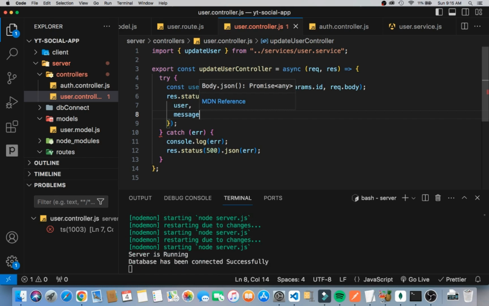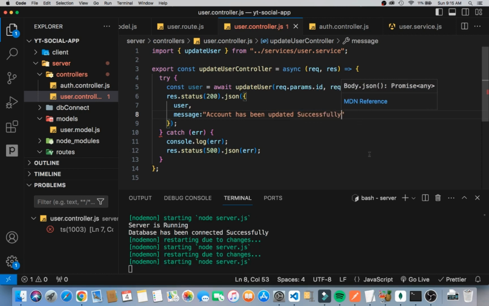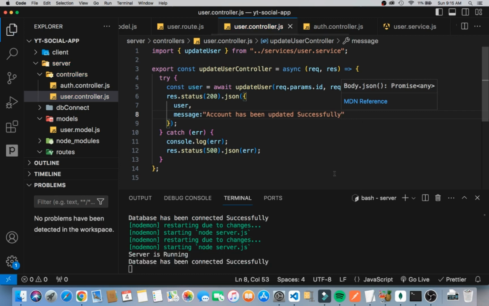We have the message, and then the message object is going to have inside: account has been updated successfully. Okay. And then now that we have that set up, we want to go into